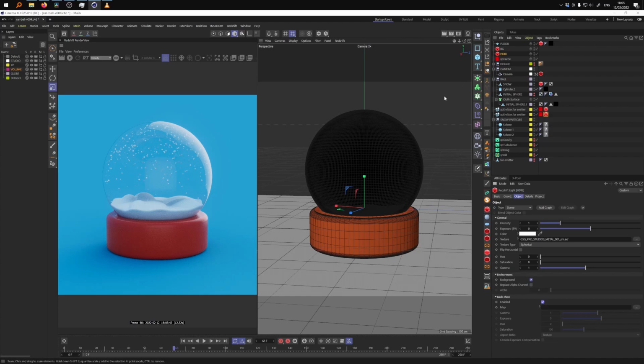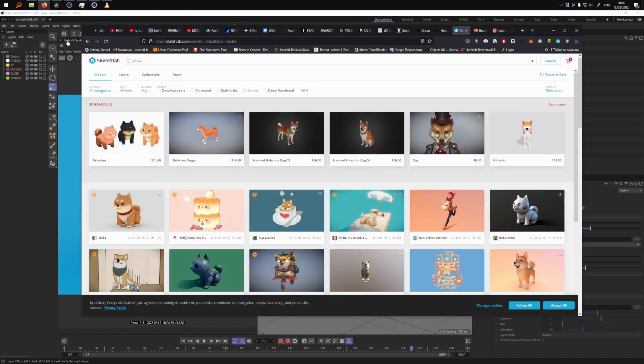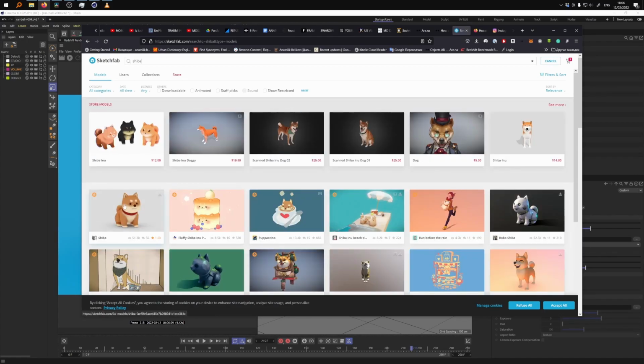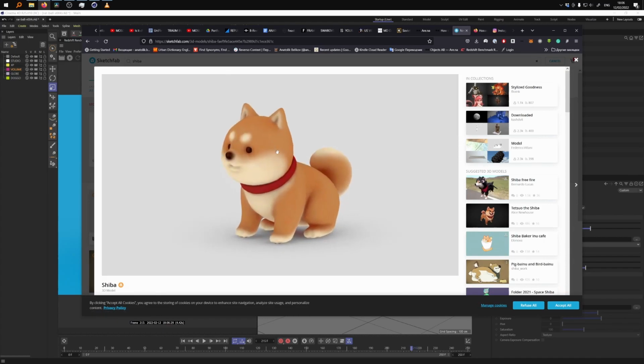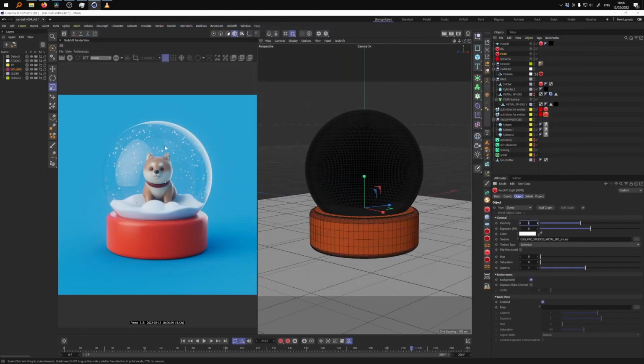The last element, the most important one, is basically the actual object. I have this nice doggo. Let's add a bit of light, make it 2, increase the brightness. So I have this doggo. I got it from Sketchfab. I just typed Shiba and voila, this nice doggo. Super cute, right? And just place it and put all materials in it, and then voila,